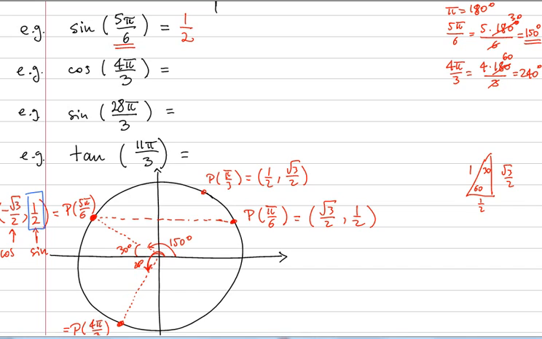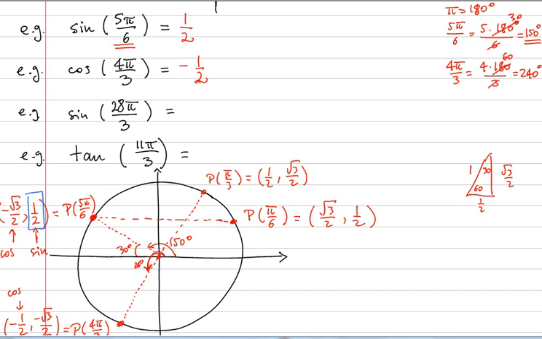Now that's an exact mirror image of the point we started with, P of pi over 3. It's mirrored in the origin, so both of its coordinates are negative. So negative 1/2 and negative square root of 3 over 2. Now we're looking for cos. Cos is always the first coordinate, so I just read off what this is. Cos of 4 pi over 3 is negative 1/2. Okay, next